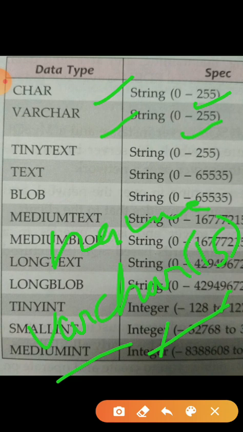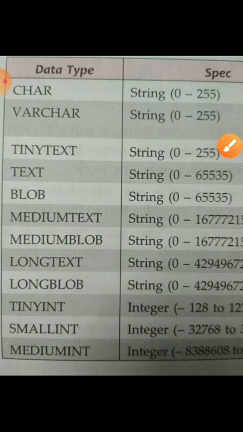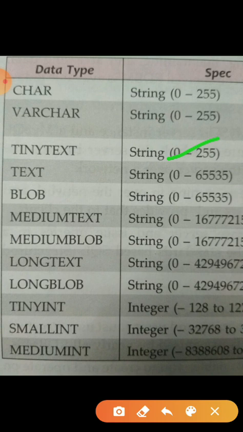This applies when the column is given the data type, okay, so this is the basic difference. Then tinytext is also a type of text or character data type, and text stores more space, 65,535 bytes allowed to store the data.